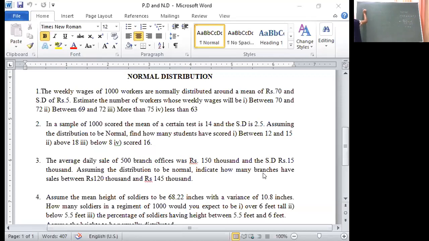Probability of x is equal to 16. That means we are taking a continuous interval. That is, if it is lying between 15.5 and 16.5, then we will consider it as 16. Then, same, Z1 is equal to